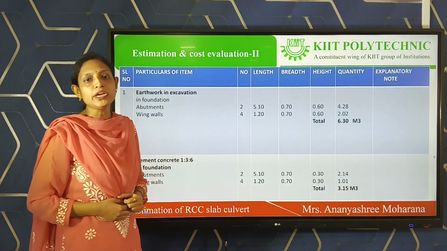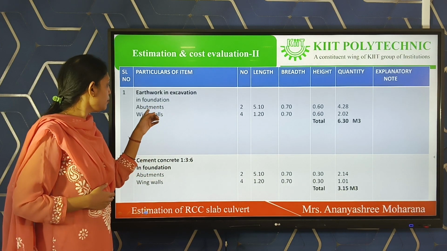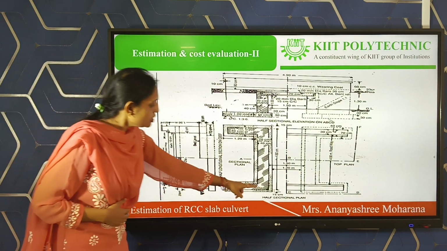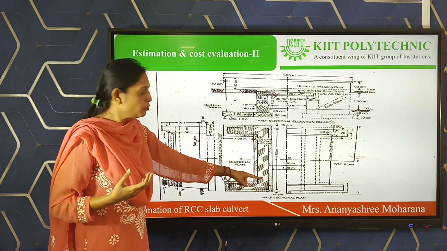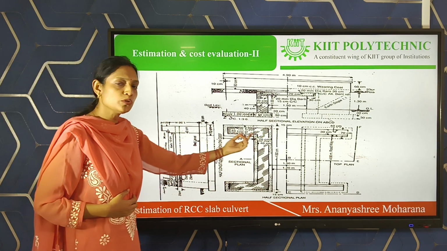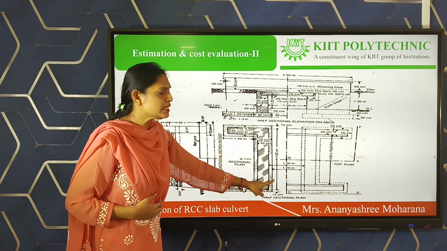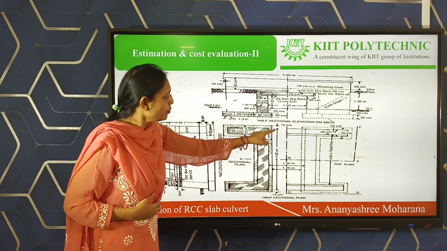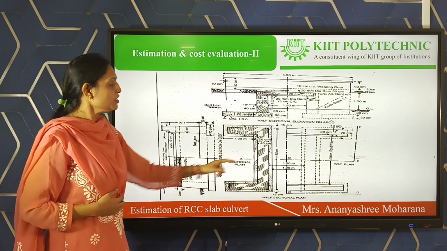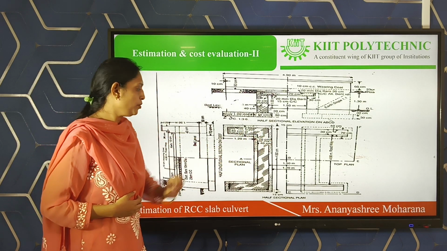Then length of the abutment part of the earthwork. That means how much length for the abutment we have to do the earthwork. You can see in the drawing, this is the abutment. As we are going for the excavation, that means we have to take the concrete part. After excavation, we have to put the concrete. So this part is 4.8 is the length. Then that 0.15 is the projection part, and this is 0.15. That means 4.8 plus 0.3, the earthwork for the abutment.